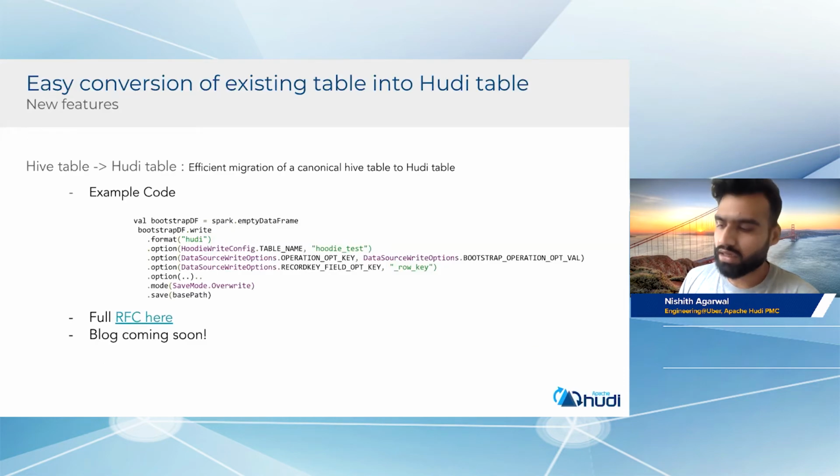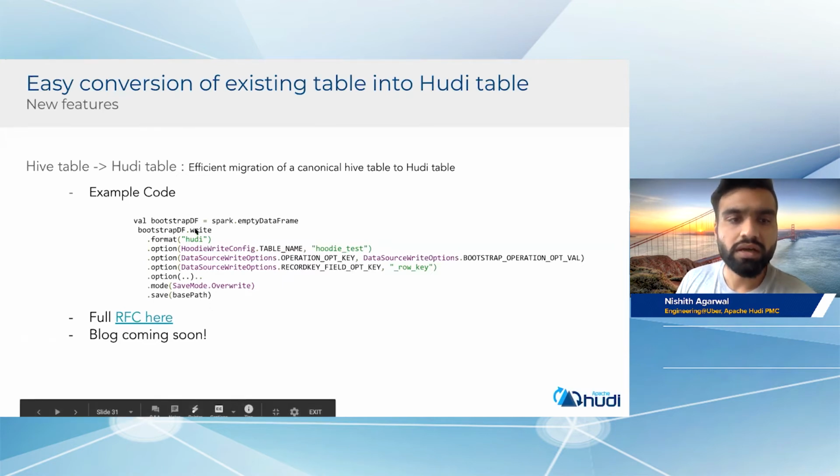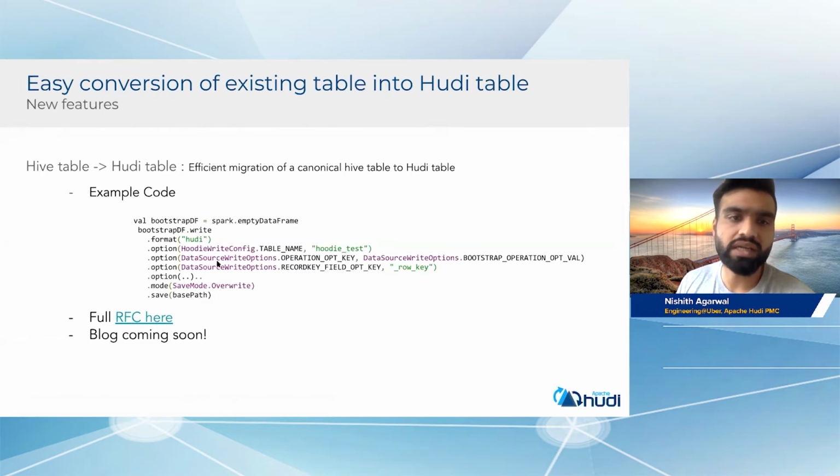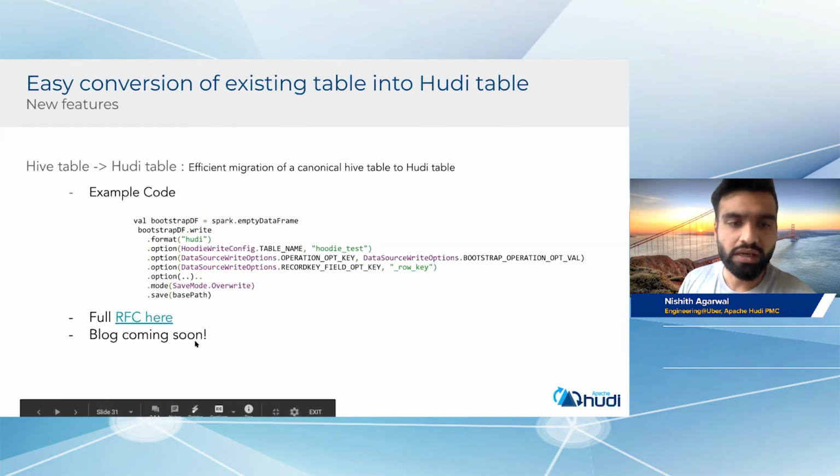Some other goodies: a very popular feature requested across the open source community is, can we convert our existing tables into Hudi tables? Recently we released a feature where you can do this migration very efficiently. All you have to do is use this snippet of code, and you provide your source table name, the source table path, and the destination path, and this will very efficiently convert your existing table into a Hudi table. It will not rewrite any of the data. It will just create some metadata and a new view on this table that will be managed by Hudi. There is a blog coming soon, so you'll be able to read about it.